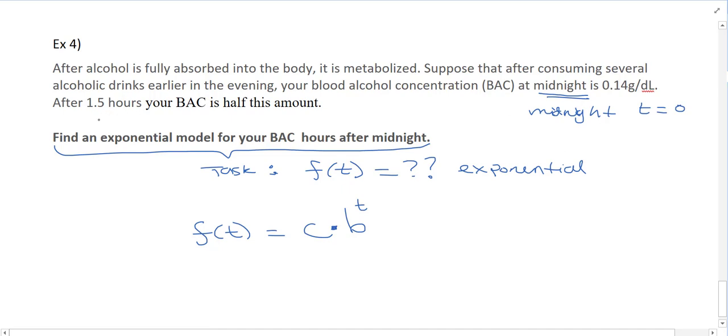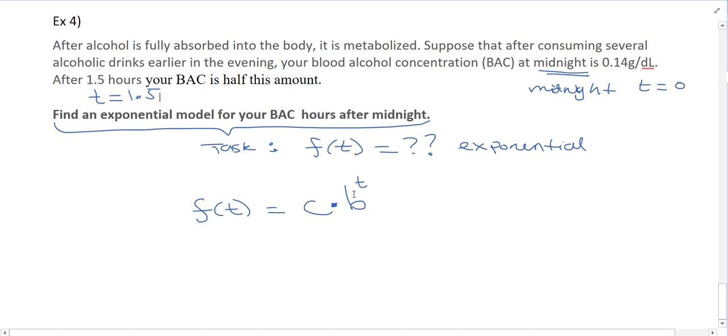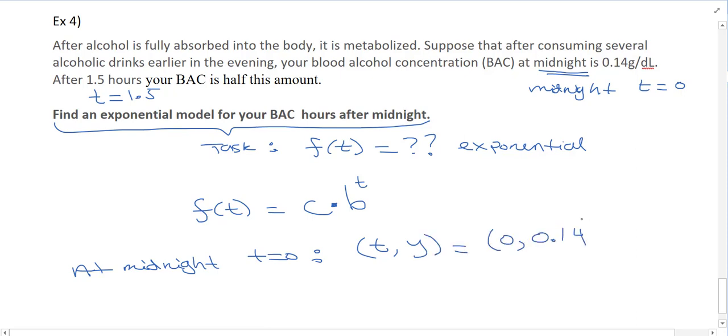And then 1.5 hours later, so T will be 1.5. All right, so that means that when T is 0, so at midnight, I'm going to have the point T comma Y will be 0 comma 0.14. And then when T is 1.5, so 1.5 hours later, T, Y is 1.5 comma